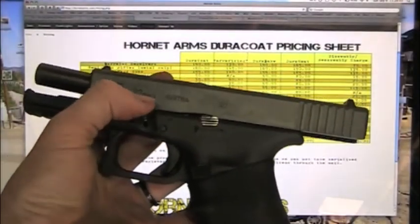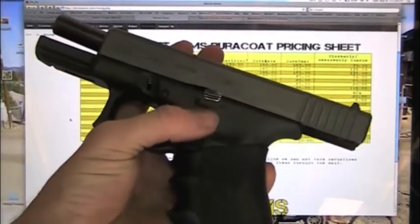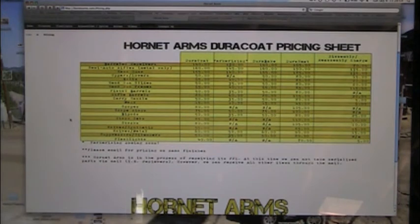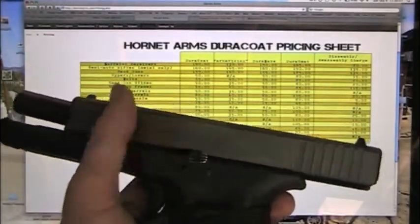You can go ahead and send me in the mail the slide. You can send me every single thing except for the frame, because the frame is the serialized part. Until I get that federal firearms license where I can receive and ship firearms from the house, I can unfortunately not do that. But if you want, say, a two-tone slide or something like that, if you look